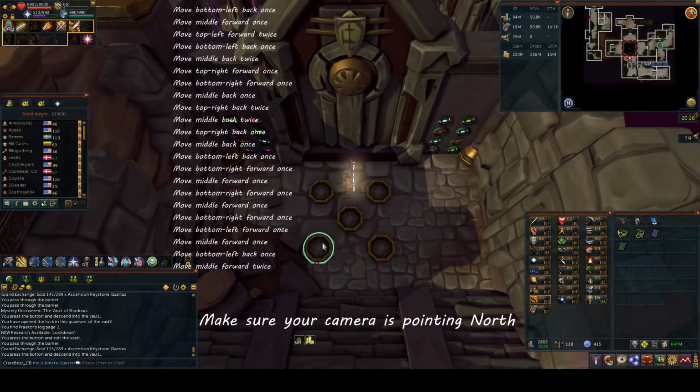So start by moving the bottom left back once, then the middle forward once, the top left forward twice, the bottom left back once, the middle back twice, the top right forward once, bottom right forward once, middle back once, top right back twice, middle back twice,